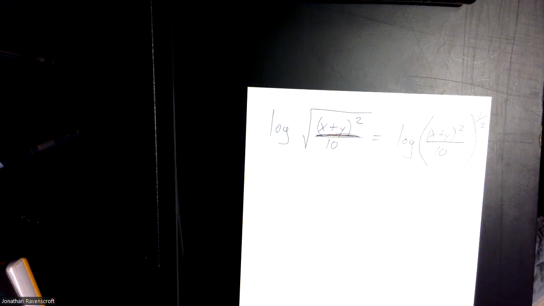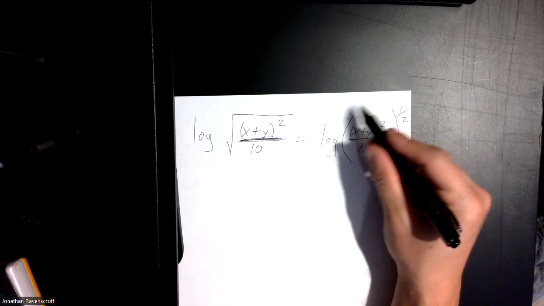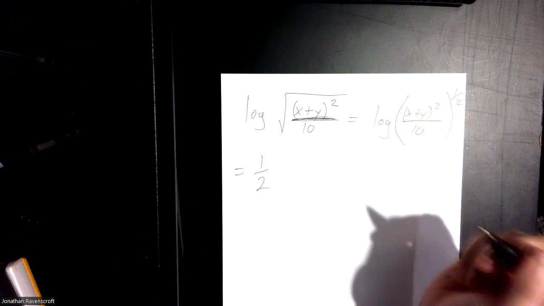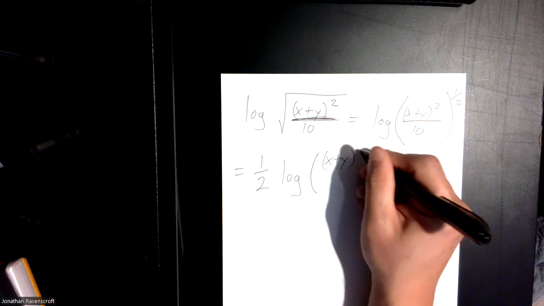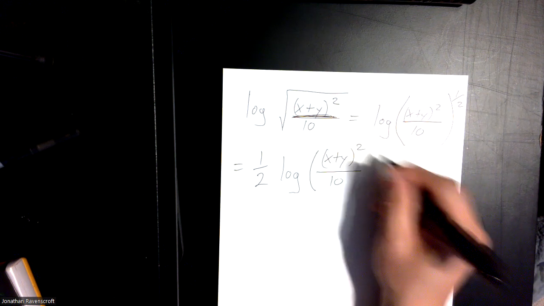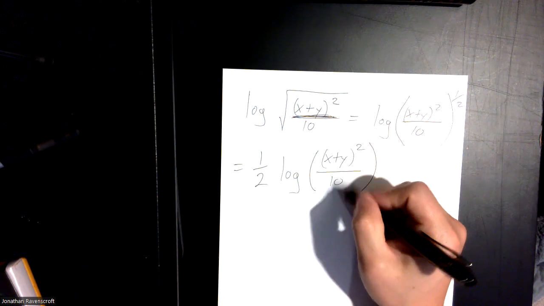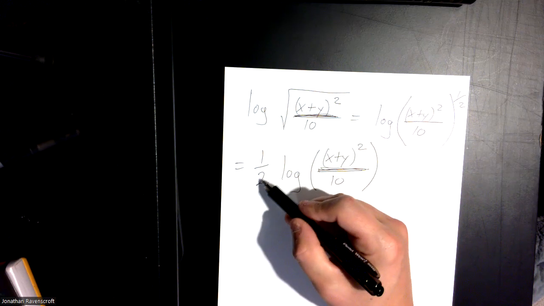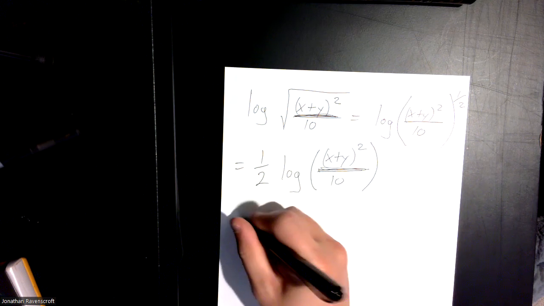Now, this would be a time where we use our log property. We're going to take this 1/2 exponent over here, and we're going to move it to the multiplier. We're going to move it to the front. So I'm going to say this is equal to 1/2 log of x plus y squared over 10. Now that that 1/2 exponent is out of the way, now I can turn this into subtraction. Now let's be careful here. Like I said, this 1/2 is not glued to the logarithm. This is 1/2 times. If I turn this into 2 logarithms, I have to say 1/2